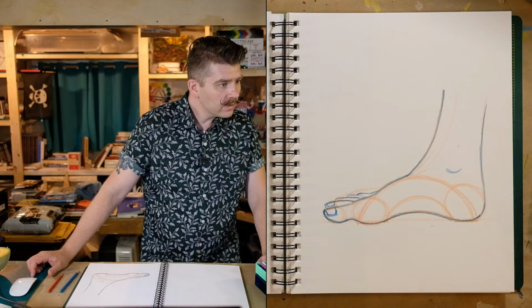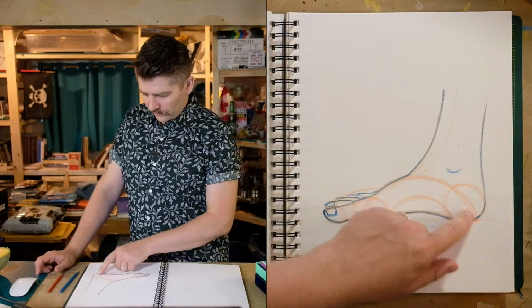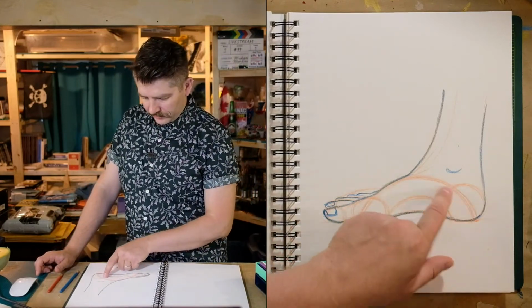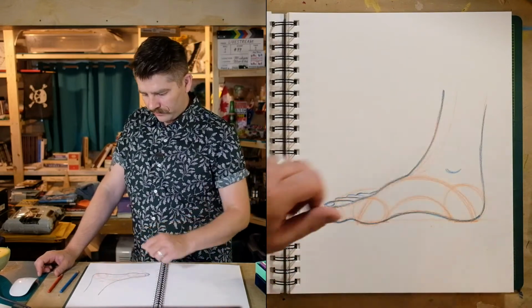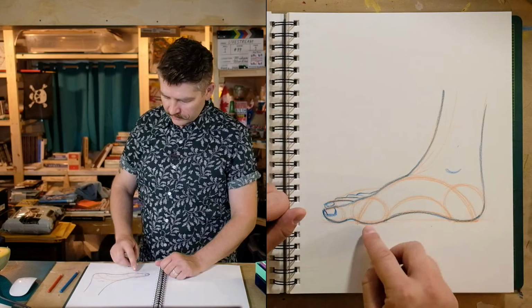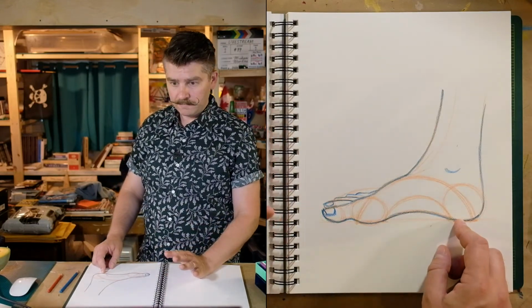Now I get using the fruit, says Heidi. Yeah. So if you can see this cantaloupe shape, and we're going to draw it again from a number of different angles, it's going to make drawing the foot easier, because it helps us see the little bit of the arch in the feet. And I have flat feet, by the way. So